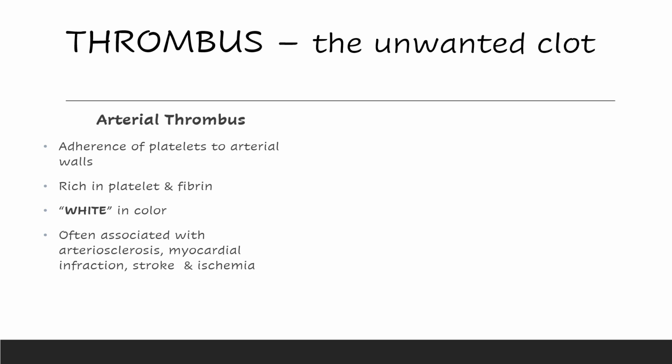Clots that stick to the wall are known as thrombus, so they are the unwanted clots. There are 2 types of thrombus. One is arterial thrombus. Arterial thrombus sticks at the arterial wall and is rich in platelets and fibrin, so it is whitish in color and is often associated with atherosclerosis, myocardial infarction, stroke and ischemia,